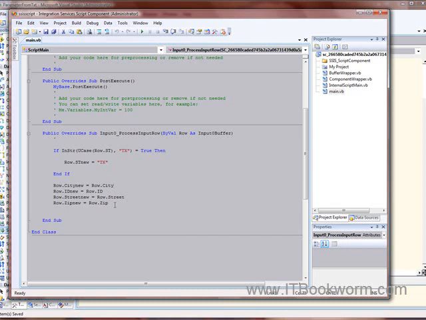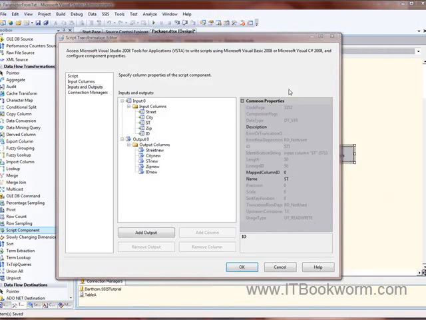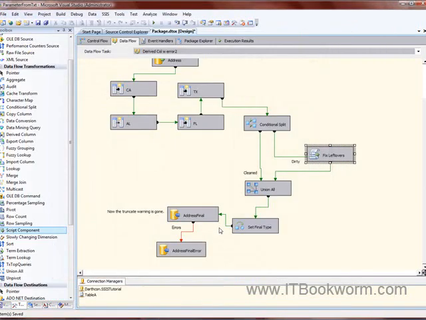And truth be told, if I were to do this in production, I would probably do here. Let's go ahead and close this. So what you're going to do is hit build. It's going to say build started, build succeeded. Okay, good. Now I'm going to close that. Okay, so that part's done. And this part right here,